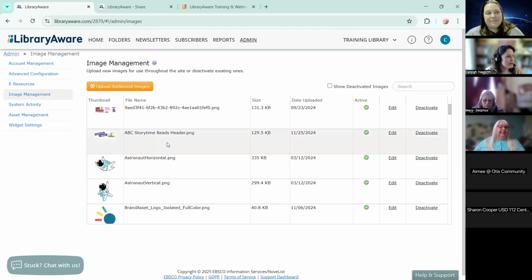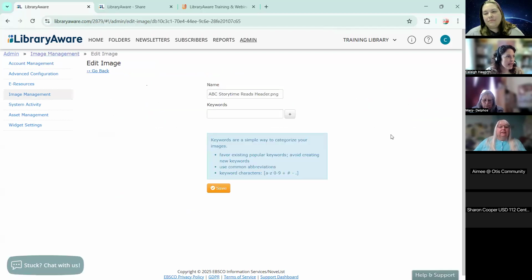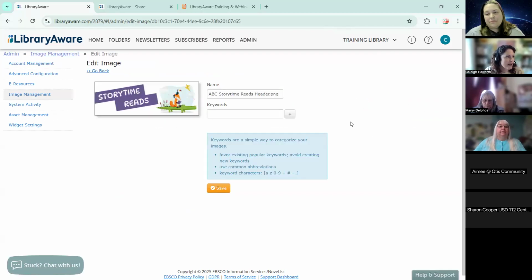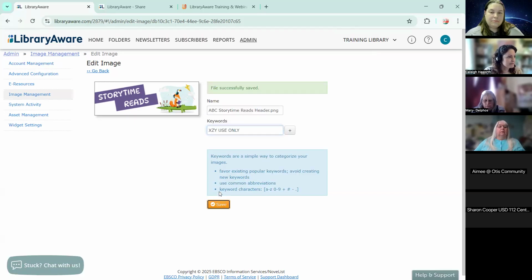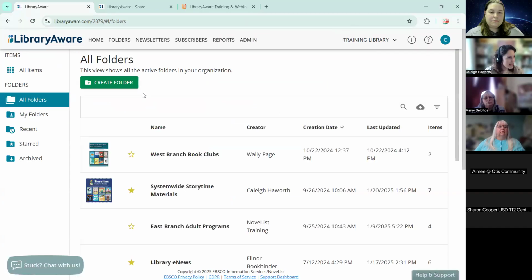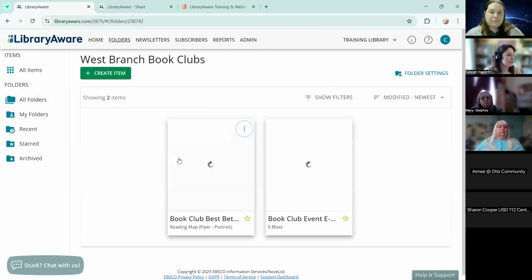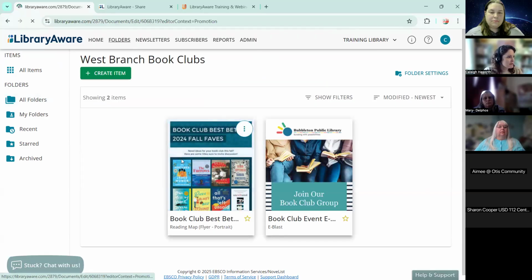And you can also, anytime you upload an image, edit the file as well. So say I'm XYZ branch, I'm going to say XYZ use only, save that. And then if I am ABC branch and I'm creating something,